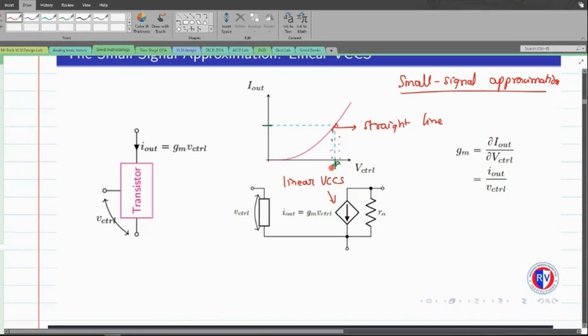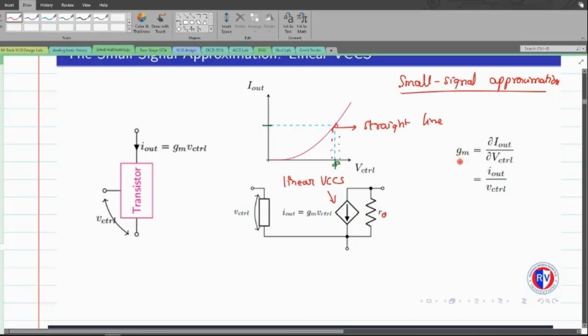So whenever the system is linear, it becomes easier for us to manipulate the different expressions. Okay, so that is the reason why we are trying to approximate this particular characteristic graph into a linear graph, such that we could make our analysis much simpler. Okay, yeah. And obviously even this linear voltage-controlled current source is still not an ideal device. So we end up having some sort of small signal resistance, which we labeled as R naught.